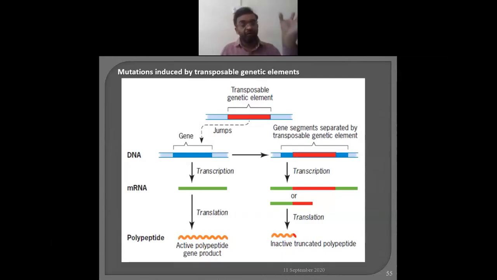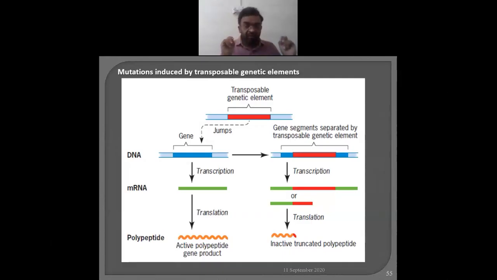So, for example, hypothetically consider that the lac operon gene is picked up and the lac operon's position is changed due to the transposable element. But what happens? The cell formerly produced all the enzymes required to degrade lactose, and later on it also produces those enzymes. Why? Because only the position is changed. Although the sequence position is changed, the functions are maintained.